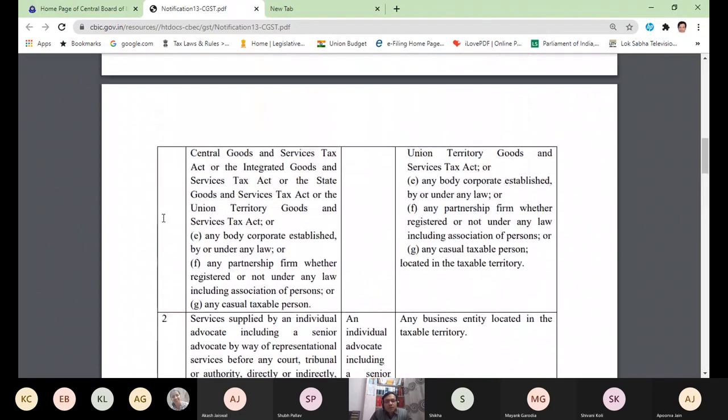So I hope this is clear. Please raise your hand if you got an idea of what I have taught you till today. I have shown you 2 notifications which are covered under 9.3, and the same notifications if you check for IGST, you will find, and those will be covered under 5.3. So you got an idea.